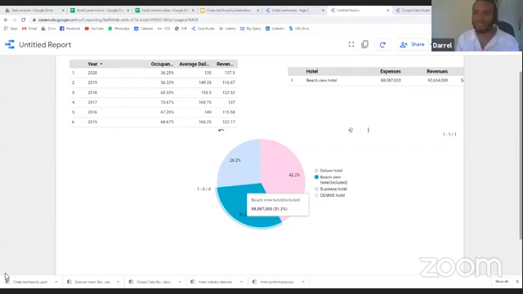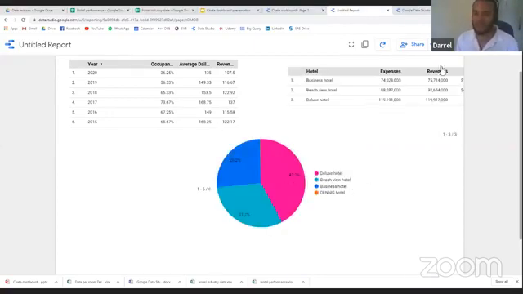Okay, Ronald Liu says save the pie for dessert. So there's always discussion about whether or not you should use pie charts, but that was a function of the